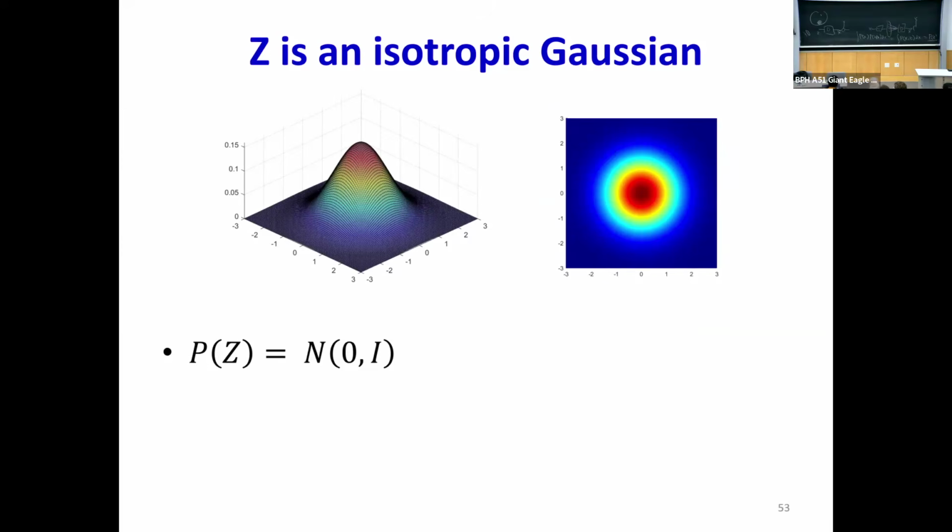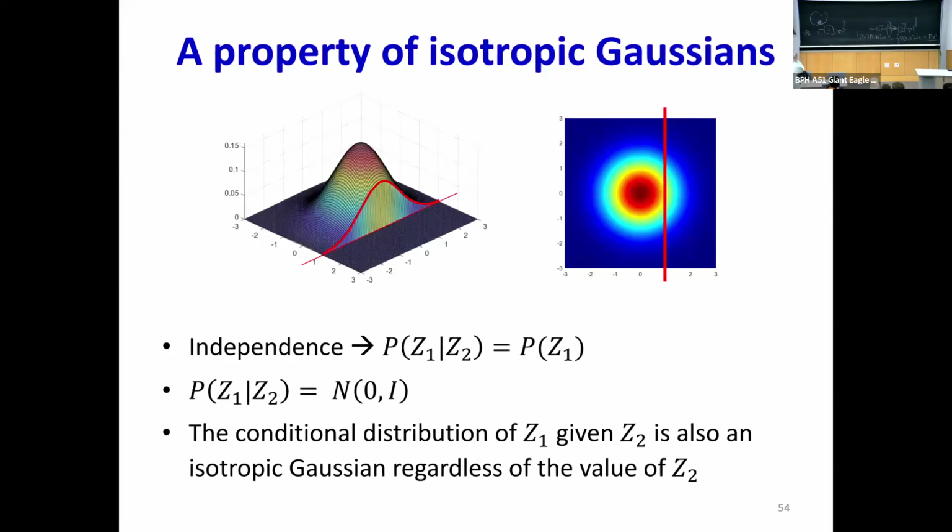First, what's the property of a standard Gaussian? We said z is a standard Gaussian. It's an isotropic Gaussian, right? Which means that regardless of which direction you look at this distribution from, it's going to look like a standard Gaussian. Secondly, if I slice the standard Gaussian along any plane, this is a property of the standard Gaussian. It's unstructured noise. It doesn't matter how you look at it, it's going to be unstructured.